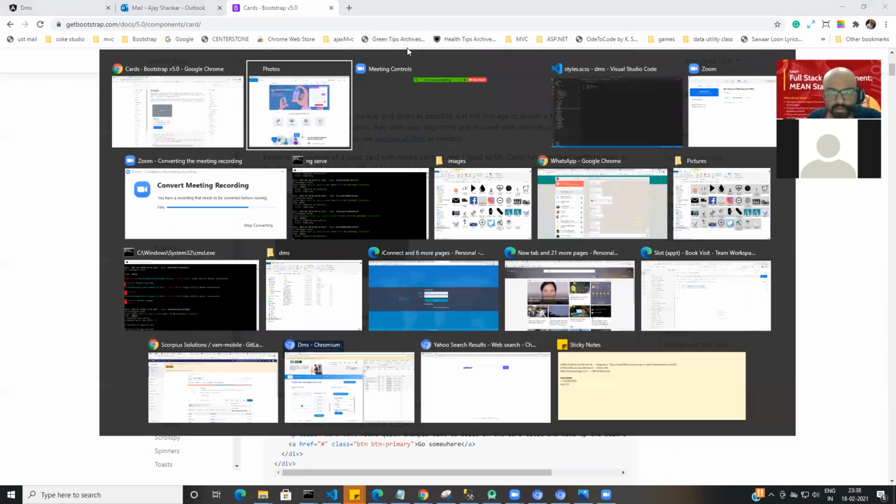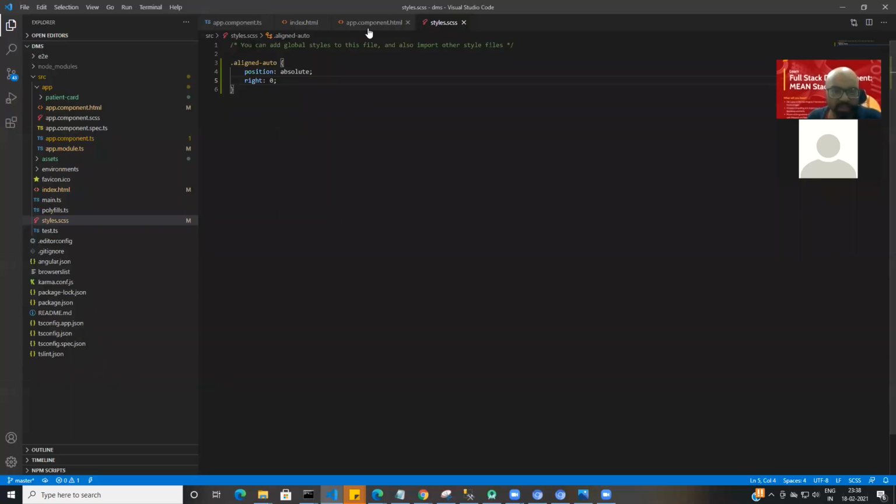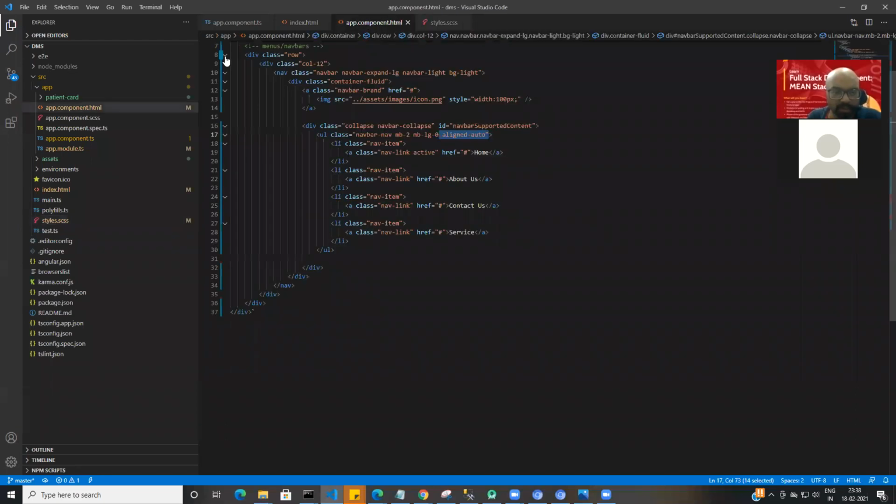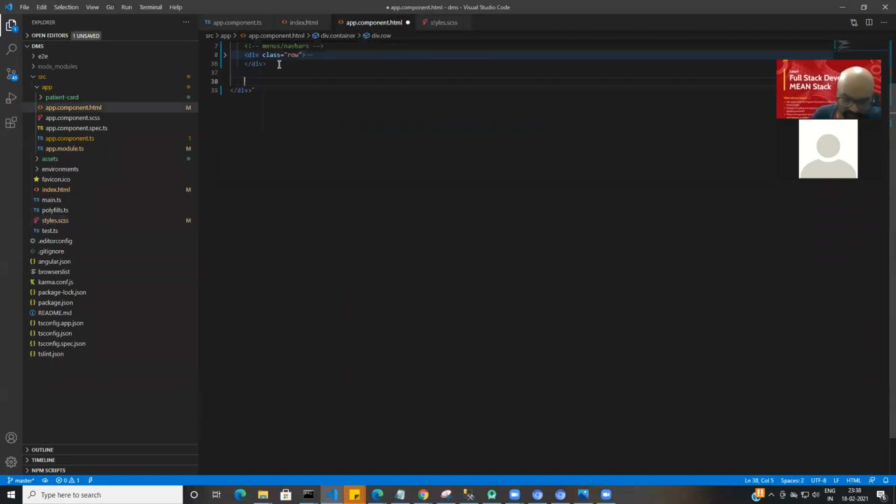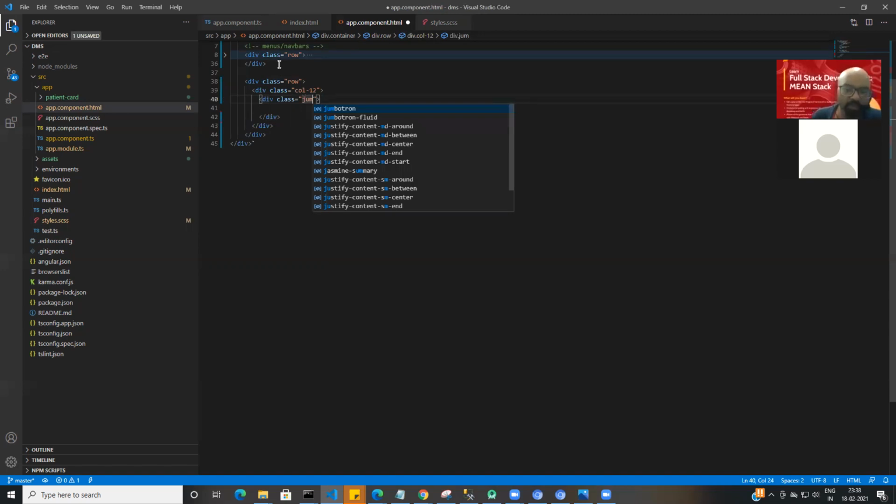It's okay, they have not given it on their site, so let's try and see whether we have it or not. Let's see. So I say class row, again one more row, then again I need one row with entire full column. So I say class col-12, and inside it I will add one div, say class jumbo. Do we have? Yes, Jumbotron, we have Jumbotron.